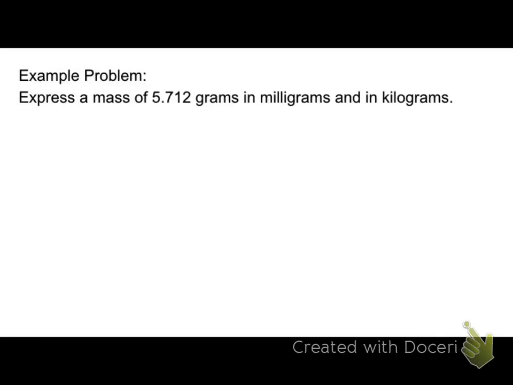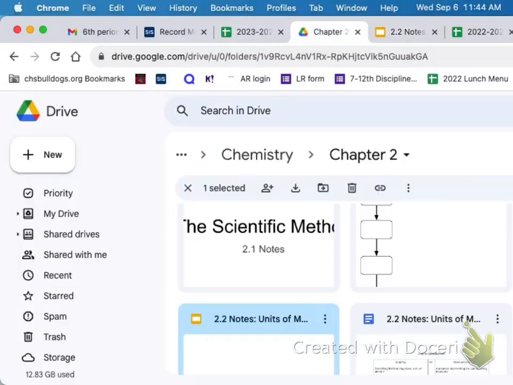Okay, we're just going to do this example problem from the end of the notes yesterday, and then we'll launch further into today's activities. So we're supposed to be converting 5.712 grams into both milligrams and kilograms. Okay, so to do this, we'll need to use the